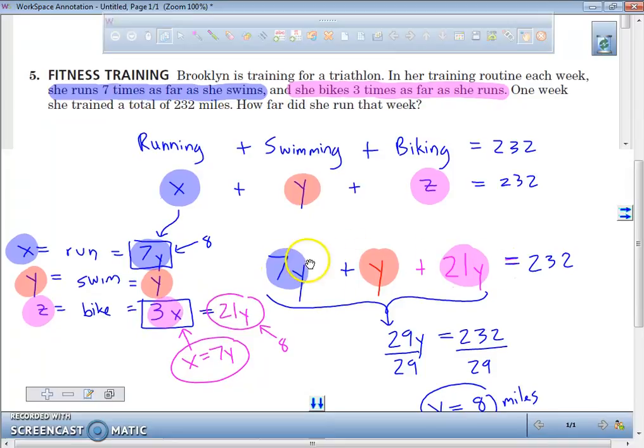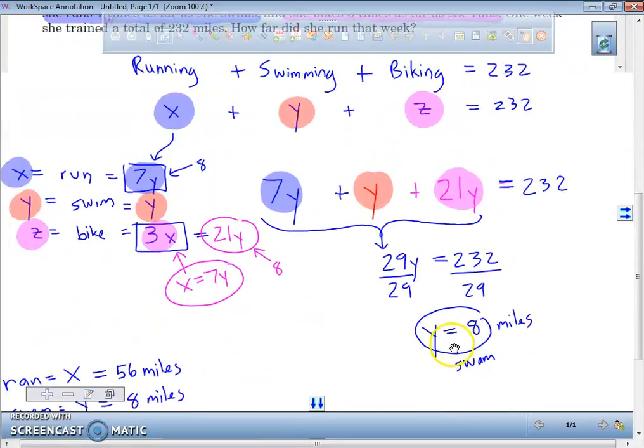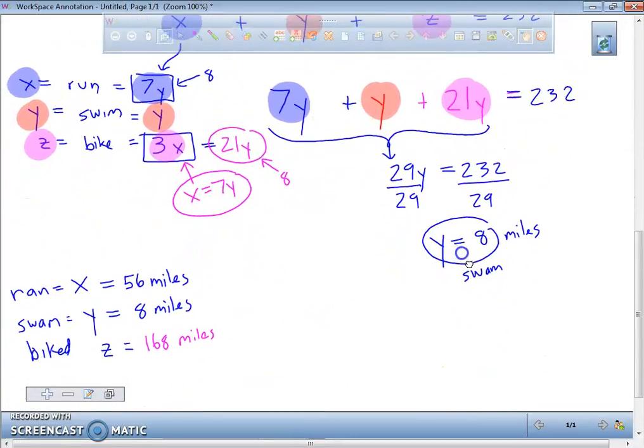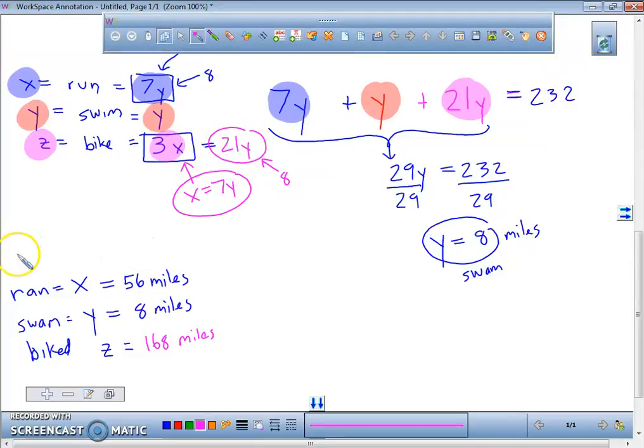And that allowed us to combine all of these. We were able to solve for our Y variable, which was our swimming. And then we took our answer and plugged it back in. We plugged in Y right here. 7 times 8 is 56. And we plugged it in right here. 21 times 8 is 168. By the way, what should all of these add up to equal? That's right. All of these add up together to